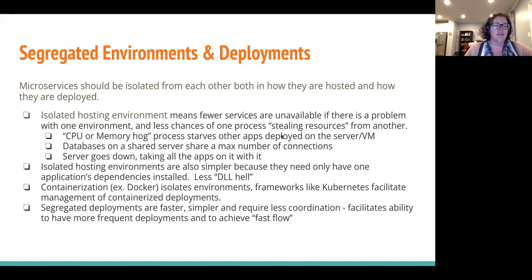And being able to have more frequent deployments helps teams achieve what they call fast flow. And that's kind of a buzzword, but what it really means is they're able to react quickly and make quick changes and get those changes out the door really quickly, and iterate. Agile, another thing that I'm sure you don't live under a rock, and you know about the idea behind Agile, which is just being really responsive and being able to iterate through change very quickly. Make a small change, see how it works, adapt if that's not what they wanted, or if it didn't work the way you wanted to, make a quick change. Doing that is going to be so much easier when you have segregated deployments that are fast.